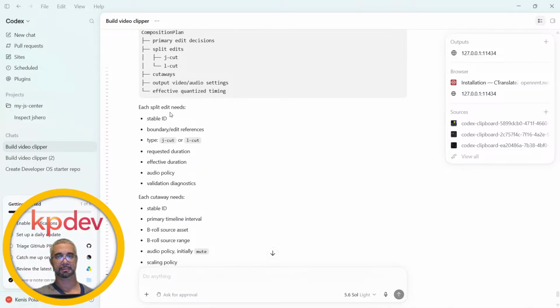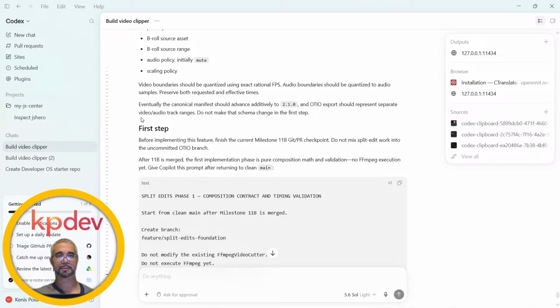So again, each split edit needs a stable ID, boundary edit references, J-cut or L-cut, request duration, effective duration, auto policy validation, diagnostics, okay? So video boundaries should be quantized using exact rational FPS, frames per second. Audio boundaries should be quantized to audio samples, preserve both request and effective times. Eventually, the canonical manifest should advance additively to